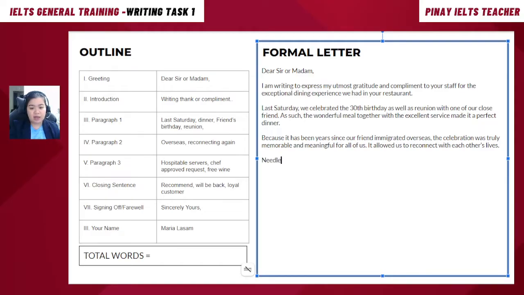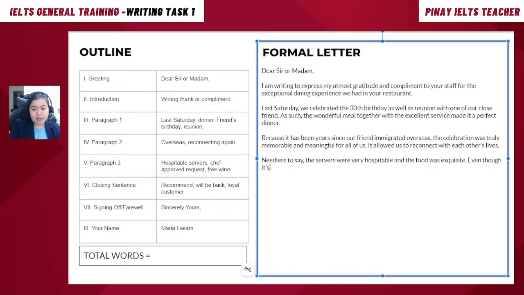Okay, this is the part now, paragraph 3, where I'm going to talk about what service and food I was satisfied with. So I add here transition words. Needless to say, the servers were very hospitable and the food was exquisite. So remember, instead of saying the food was great, great sounds a bit informal to me. So I would use exquisite, which is a more sophisticated way of saying great with the food. So food was exquisite. Even though,